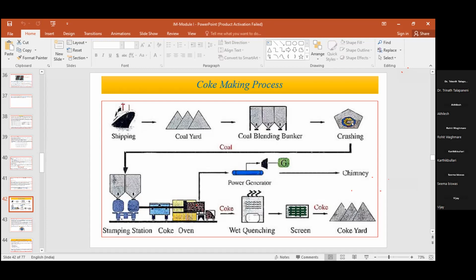And this crushed coal, again from the hammer mill to the conveyor belt, will go to the stamp charging